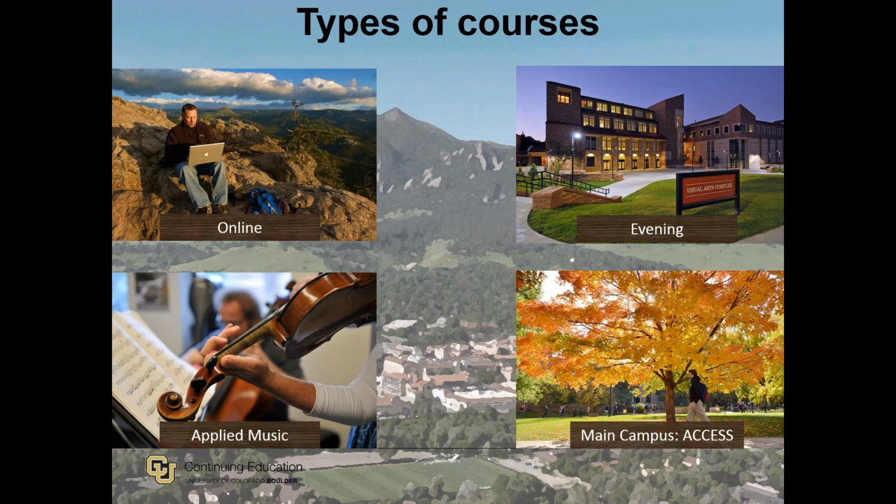At CU Boulder, both degree and non-degree students may enroll in classes in a variety of formats. Continuing education offers fully online classes, classes for college credit that are offered in the evenings, and applied music classes, which are small group or one-on-one music instruction for college credit. Non-degree seeking students wishing to enroll in on-campus daytime courses on a space available basis are enrolled through what we call the Access program. These courses are the same courses that most degree-seeking students enroll in. Students interested in junior or senior level science courses or natural science labs will enroll through the Access program.